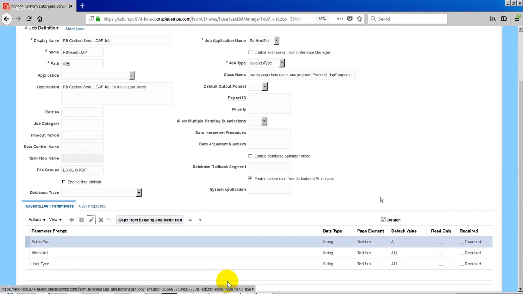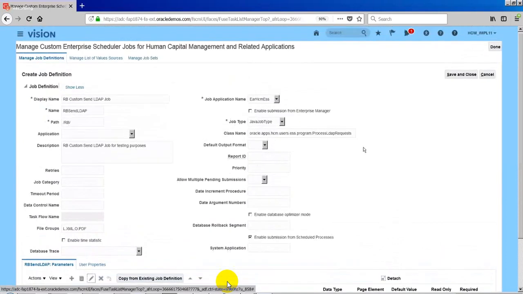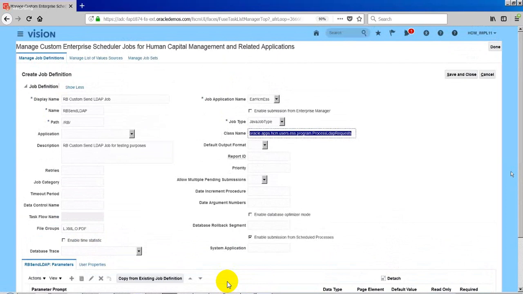My question is, we are trying to inherit from the send LDP program, right? The core process, what it's supposed to do, that will not change, because we are referring to the same class name. But what's the purpose here of defining a custom one? My whole purpose behind that is, if I can create my own program unit, I could keep my own program unit and create the job definition.